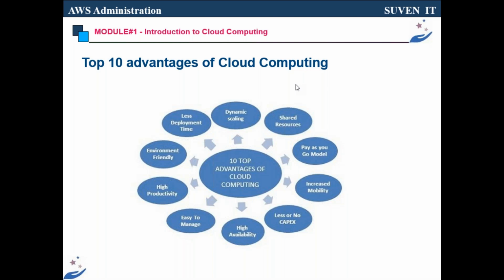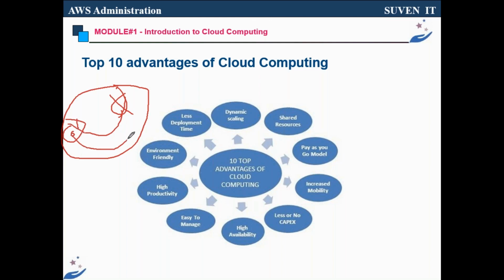High availability means, for example, they will give you two data centers in each area. If one data center is down, the other will help you for your resources, whatever you buy. For example, you bought the server here. In case this data center is down, the server moves to the other data center and is available to you. You will not get any interruption even. So everything is running fine like that.